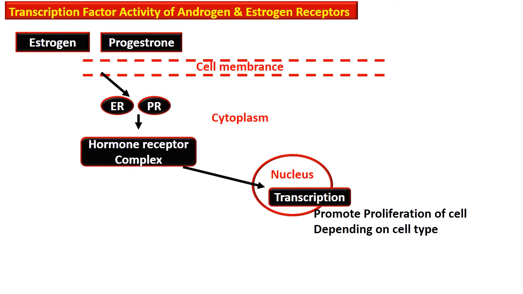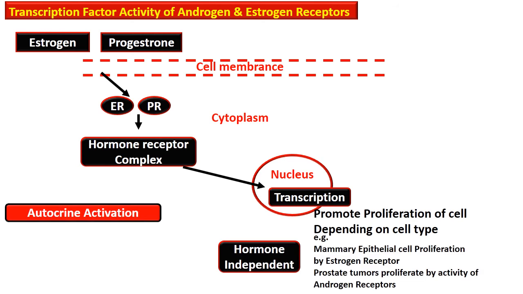For example, the mammary epithelial cell is proliferated by the estrogen receptor. Similarly, the prostate tumor is proliferated by the activity of androgen receptors. These are independent of hormone activation, and hormone is not necessary for this